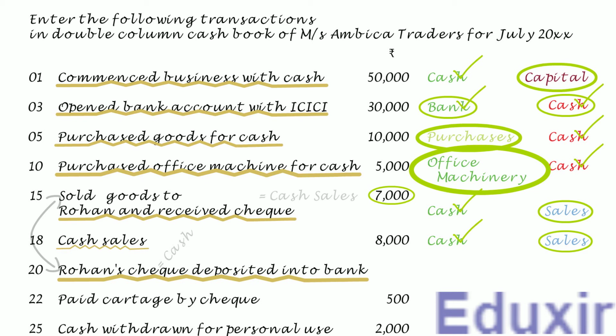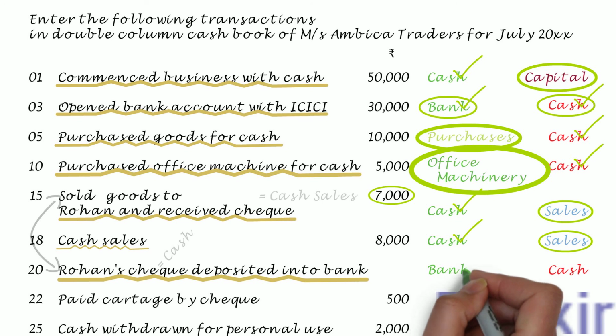The rule to record any decrease in the asset is to credit the corresponding assets account. In this case, the cash account should be credited. At the same time, as the cash is deposited into the bank, the bank asset of the business will be increasing. The rule to record any increase in the asset is to debit the corresponding assets account. In this case, the bank account should be debited.